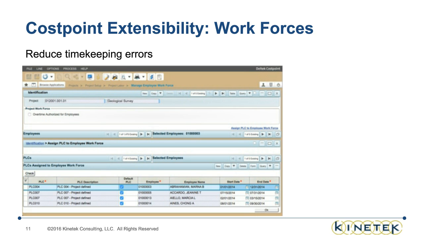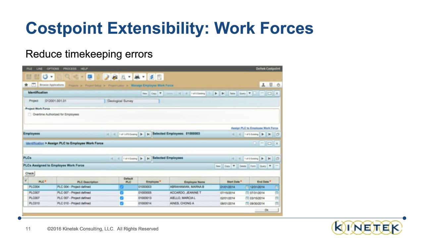And that doesn't quite work out with the paradigm. Maybe I only want John to charge for the next 2 weeks or 4 weeks, or for 6 months sometime down the road. So it would be nice if we had the ability to have effective dates of when John could charge. So by using Costpoint's workforces and extending the application to include this period of performance, we can get halfway there. So now I can make assignments to my programs, and I can say when people can charge.